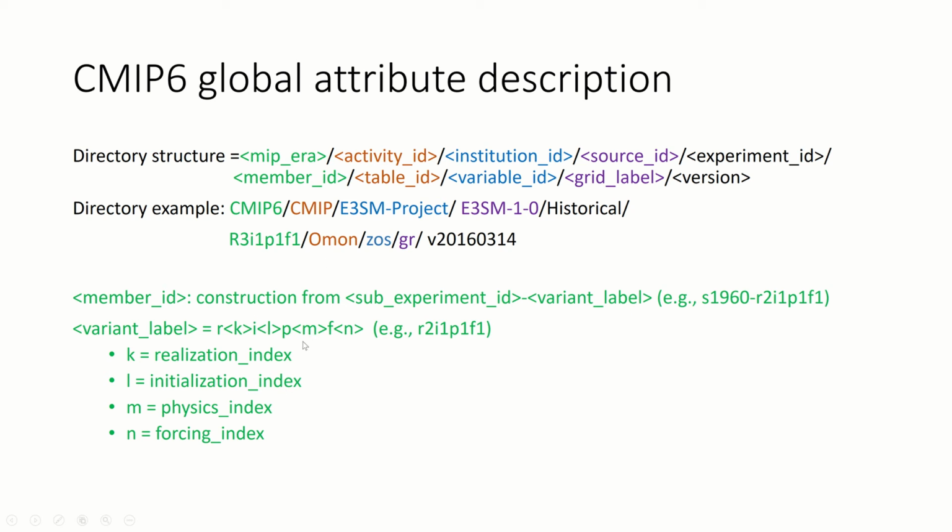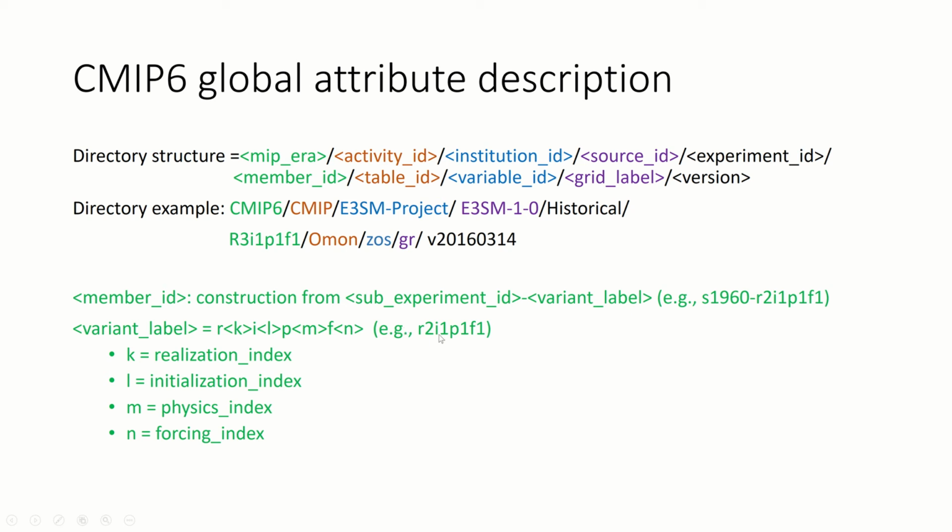P is the physics index, if they have a different physics for the same experiment. And here this is the forcing index. So you can have, here, R2, I1, initialization 1, P1 and F1. And this number here, 2, 3, 4, is not standard across modeling